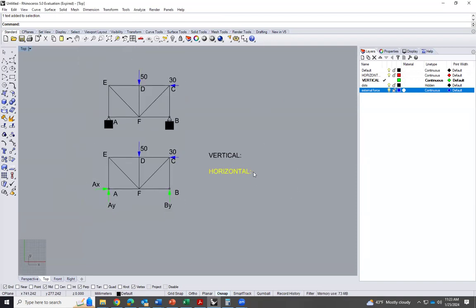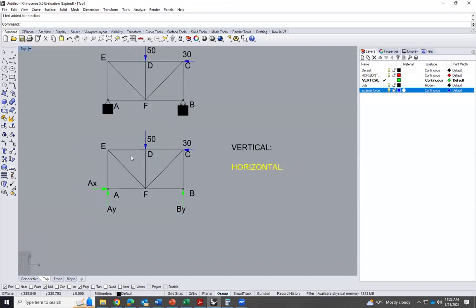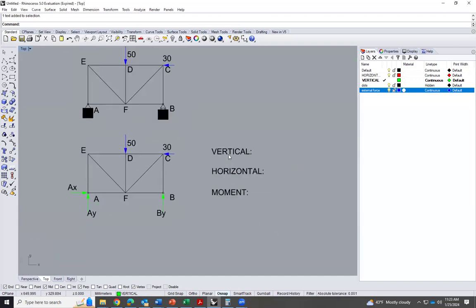And there is equilibrium in the moments. It's about the rotation. So it cannot move vertically, it cannot move horizontally, and it can't rotate. So there's a third equation, which is the moment. There will be three equations and we have three unknowns. So that's why we need only three constraints. If we have more constraints, we don't have more equations. We only have three. So we know the same amount of constraints or unknowns as the equations that we can